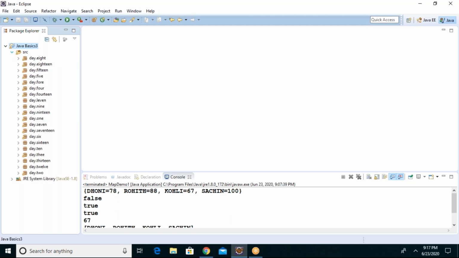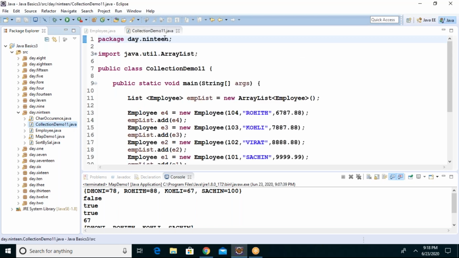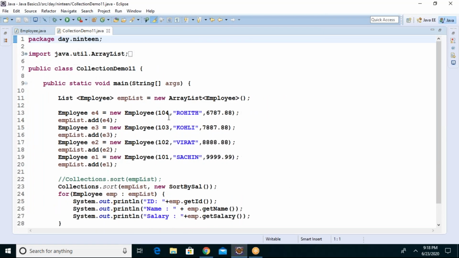Equals is for comparison, right? If you want to compare, you override. Means, for example, see here. I have my objects 101, 102, 103, 104 now.